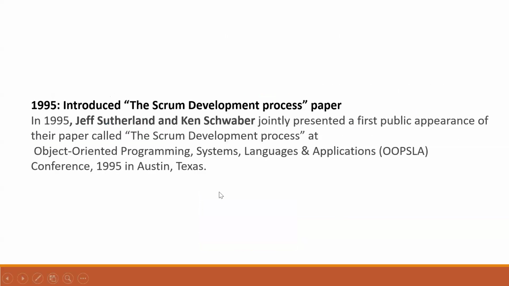Okay. So in 1995, they introduced the Scrum Development Process paper, and this was done collectively by Jeff Sutherland and Ken Schwaber. If you are becoming a Scrum Master or working on any Agile, you need to remember these people are our gods. Because of them, Scrum.org, which we were talking about yesterday, the PSM, the CSM, got split and they have their own organizations: Scrum.org by Jeff Sutherland and CSM by Ken Schwaber.